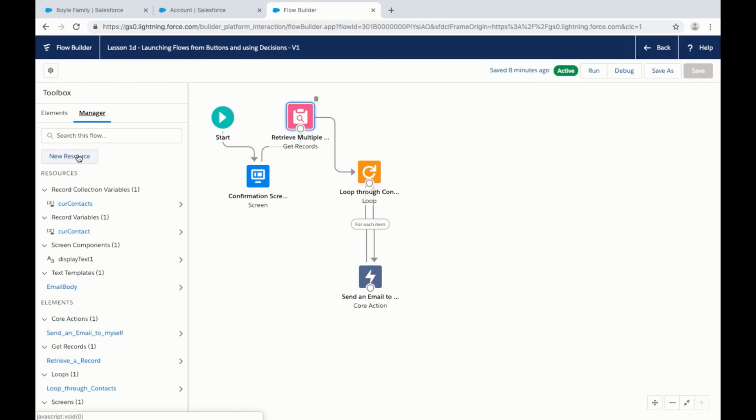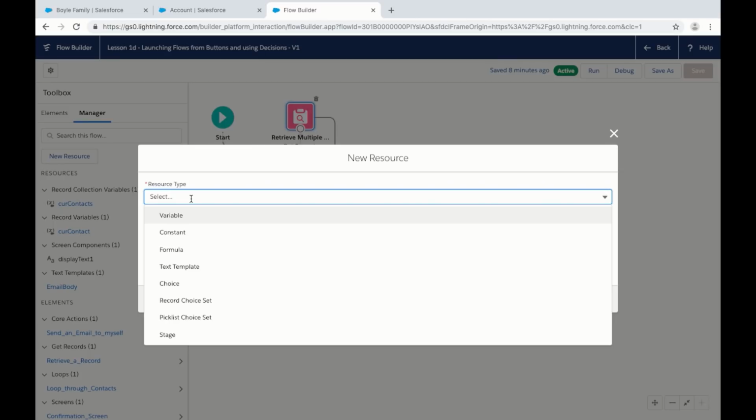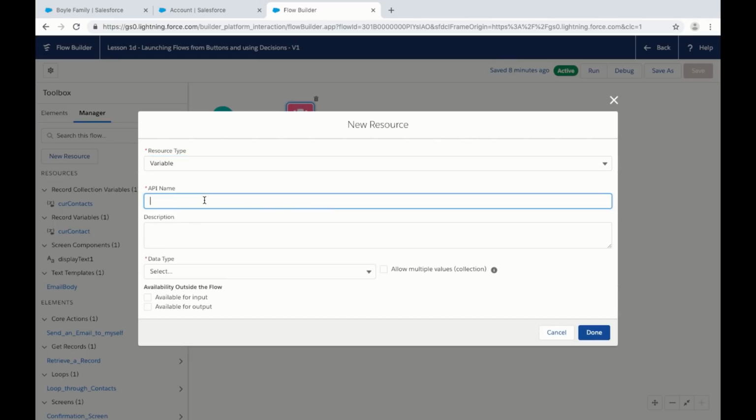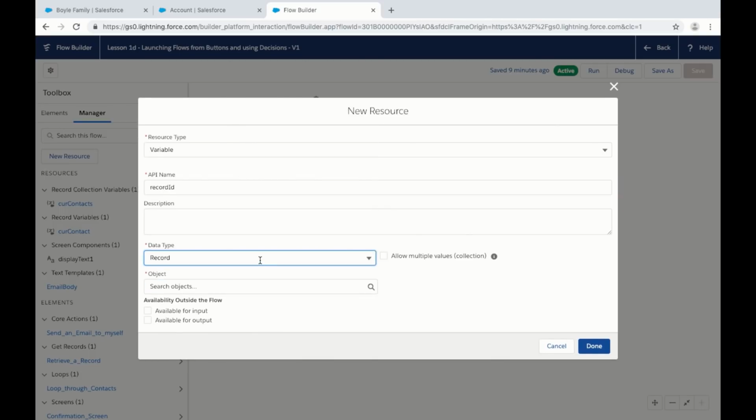So we want to create a storage variable and set that storage variable up to receive the record ID when the flow is run. So I'm going to go here and create this, and it turns out that there is a standard pattern in Salesforce, which is that the record ID is always passed in with the name record ID. So if we create this variable called record ID in the flow, and we say, hey, expect text, and then we click here,